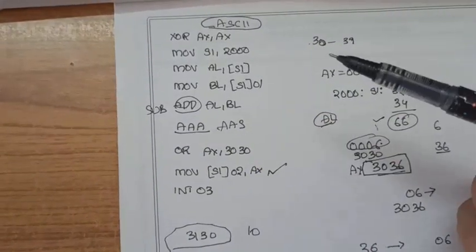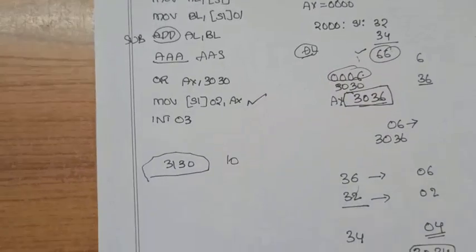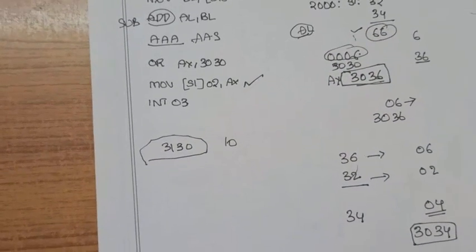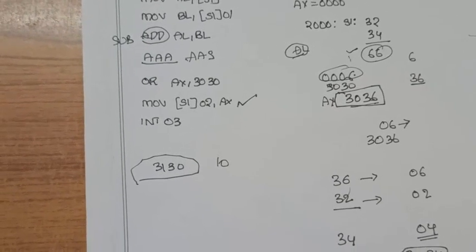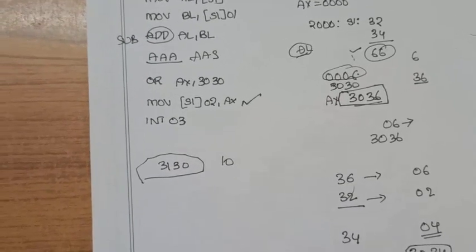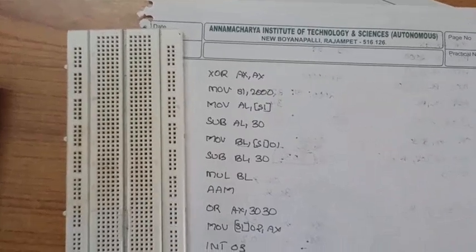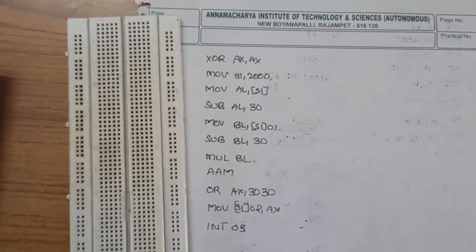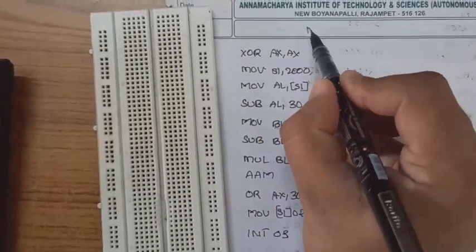So you have to give ASCII numbers and you have to get the output in the form of ASCII numbers in this way. Now similarly, we are also having ASCII multiplication and ASCII division. Now let us see about that. Right. So now coming to ASCII multiplication.